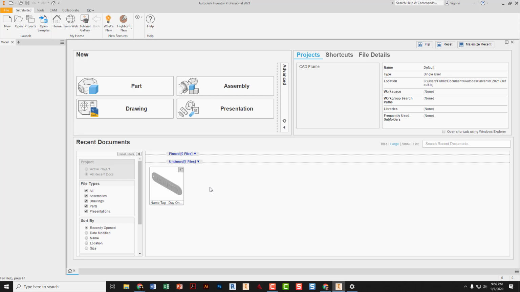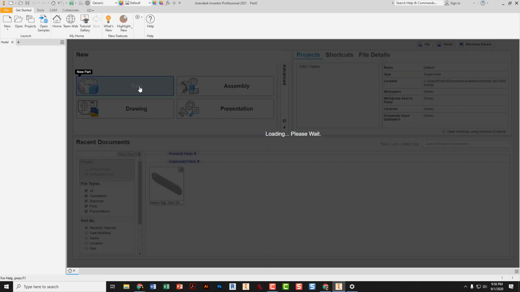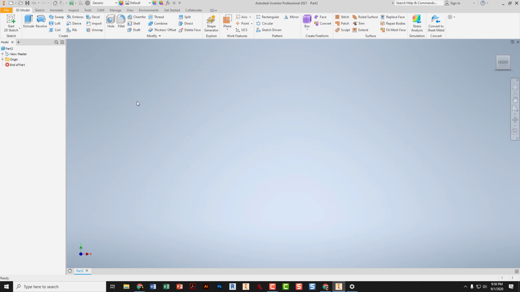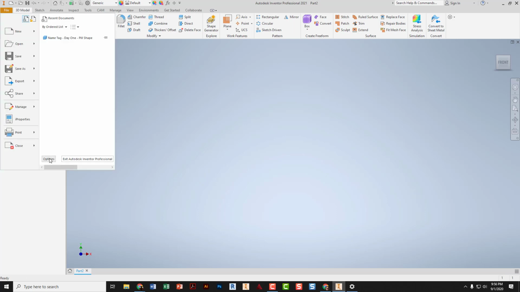So like I said, Inventor settings is why I'm doing this video quick, in case your computer is ever reset for some reason, or you move to a different one. If those settings follow you, sometimes it just gets goofed up from time to time. So we're going to start a new part file by clicking on part file up there. And once we are in that file, we're going to make a few settings changes. So file menu or file tab, options button,